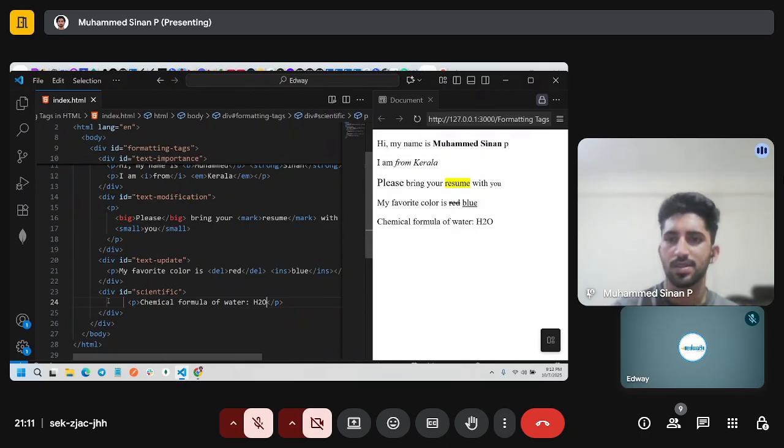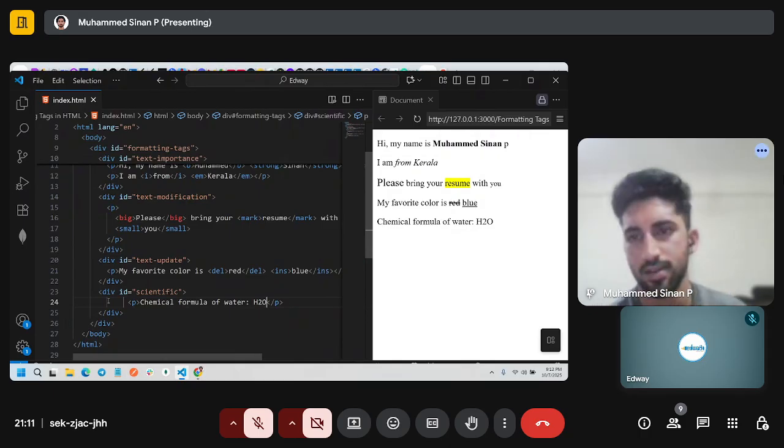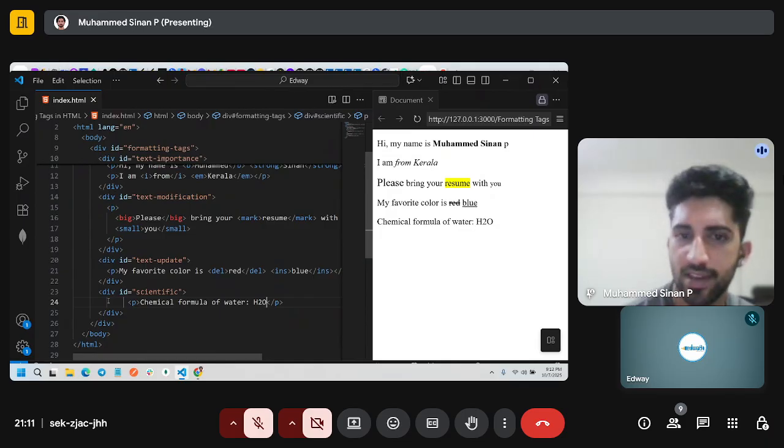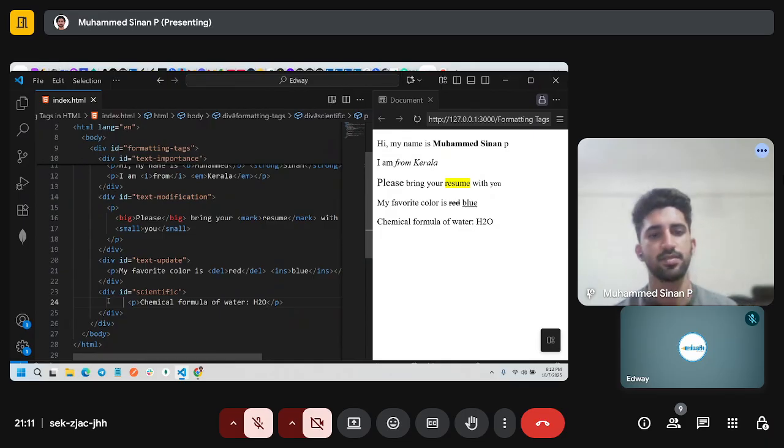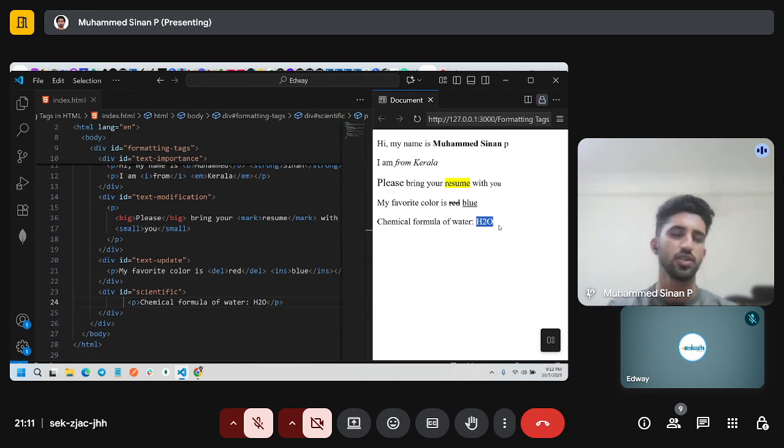But what is the difference that you can see here from the H2O that you normally see in other places? Is there any difference between the H2O I wrote and the H2O that we usually see?